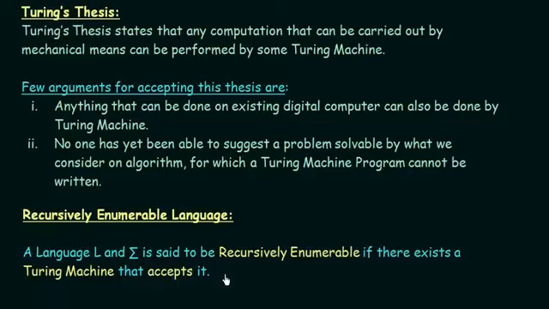So in this lecture, we have studied the formal definition of Turing machines, and we also saw the Turing thesis, and we also saw the languages accepted by Turing machines, which are the recursively enumerable languages. So from the next lecture, we will be taking examples of Turing machines where we will see how Turing machines are designed and how they